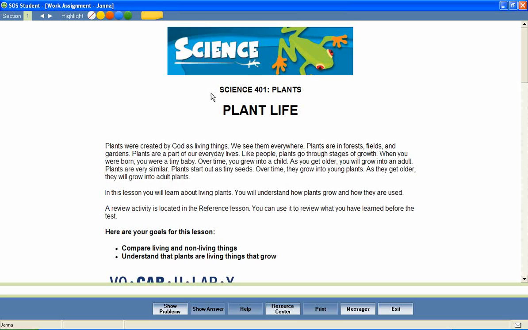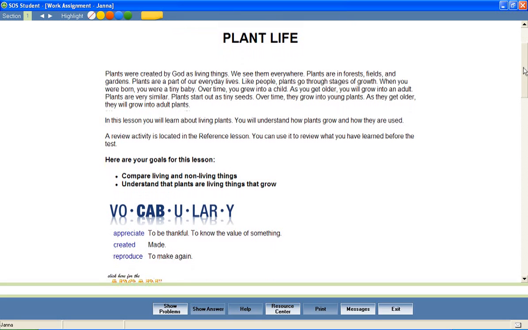In a unit entitled Plants, let's look at a lesson called Plant Life. Most Switched On Schoolhouse lessons begin with a brief introduction and a list of objectives for the lesson. These objectives help students stay focused on important lesson content and provide parents with an effective way to measure mastery